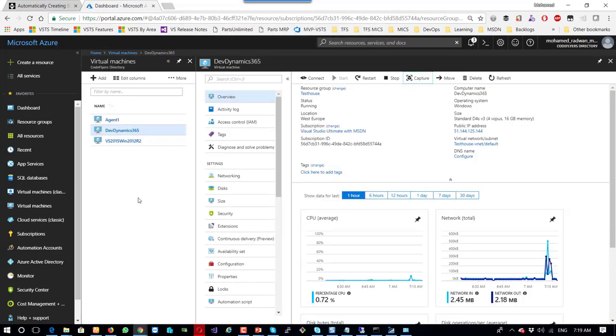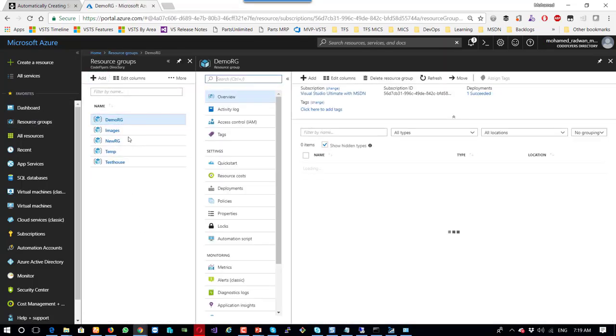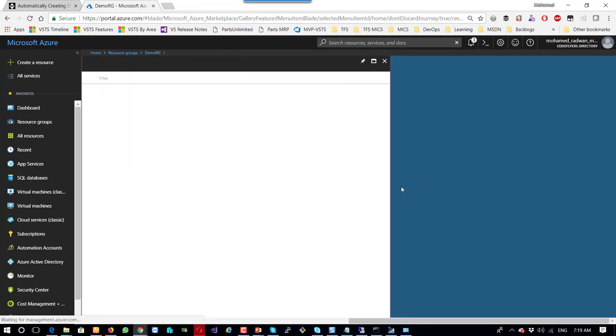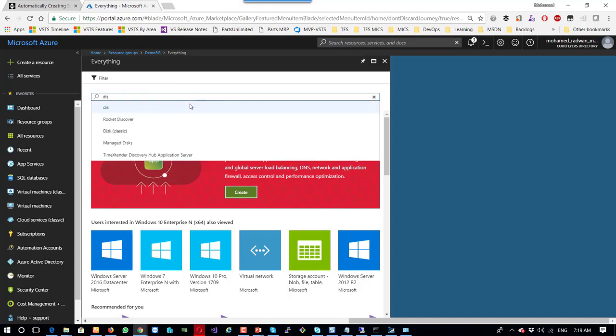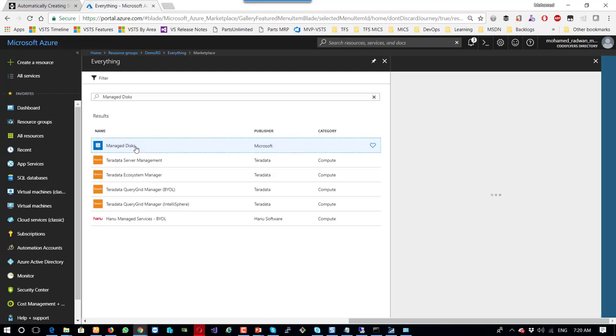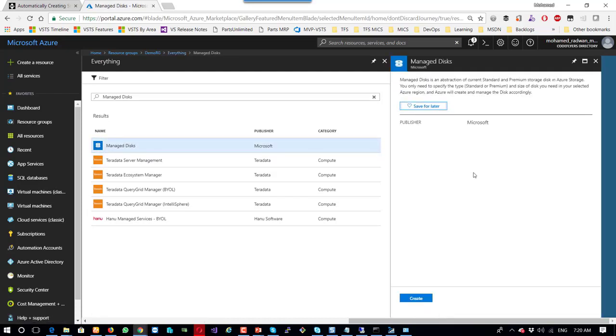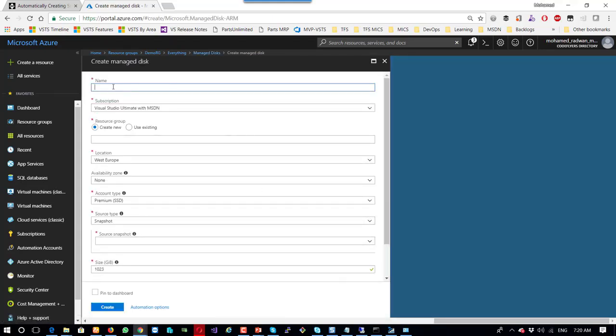How do we create a managed disk from a snapshot of the VHD? It's very easy. If I go for the resource group, any of the resource groups, then start adding a new resource, and here we can see managed disk. If I select managed disk, and I will create based on this managed disk, use existing,